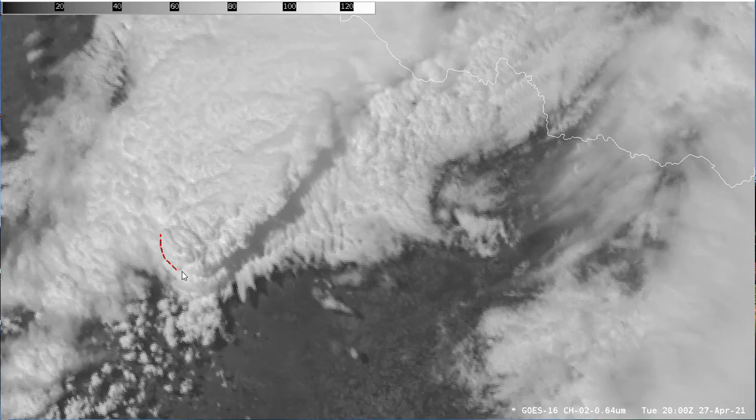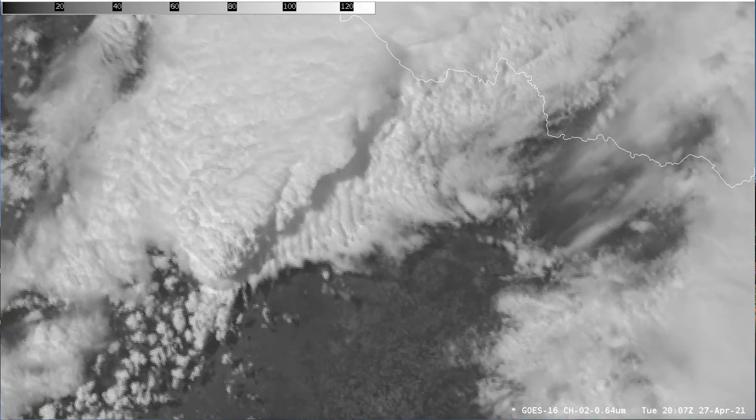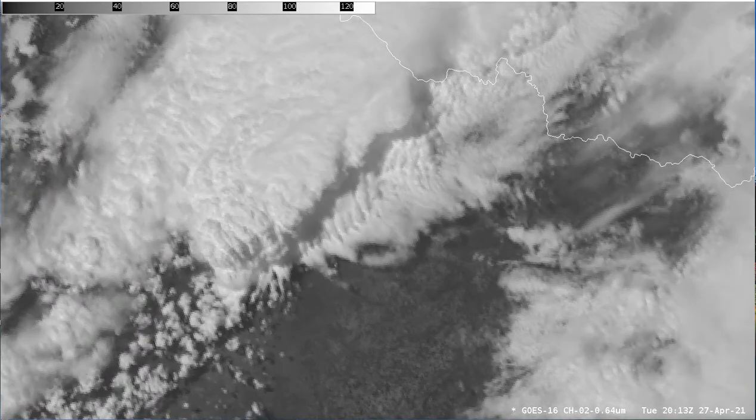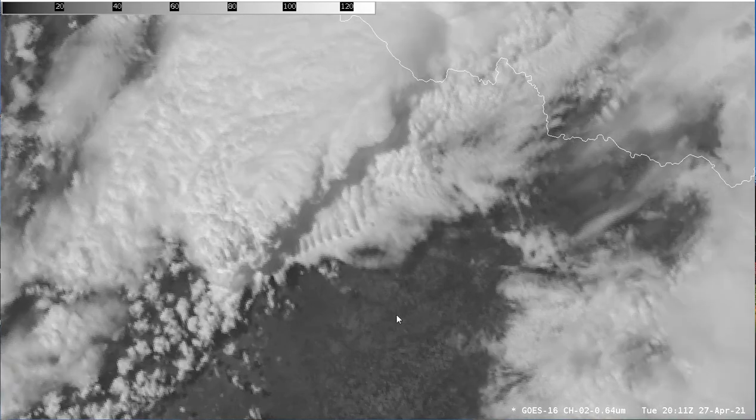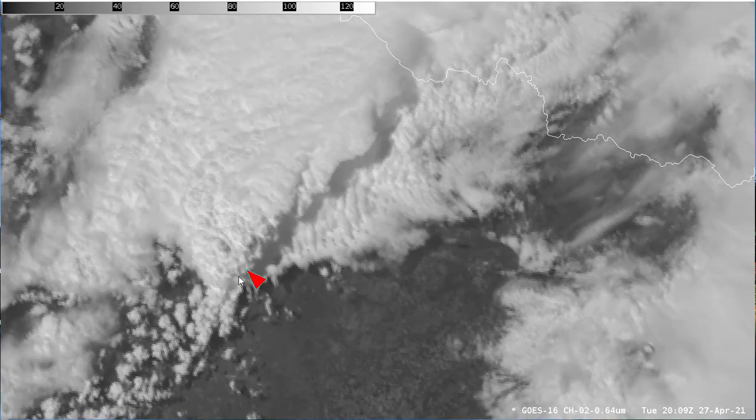Around this time, you see the crisper anvil edge on the back side of the storm, followed after that by more growth in the vertical. And as we get a little bit later, we can see those clouds as they get deeper in the vertical being projected by these shadows onto the lower clouds beneath that. So these are all indications that the storm is growing in the vertical, and you're seeing indications of that in